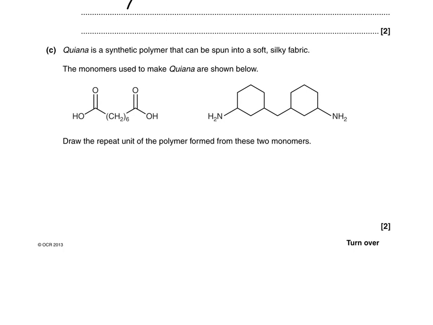Okay, on to the next. Draw the repeat unit of the polymer made from these 2 monomers. So it's going to be a polyamide, and what's going to happen is that these 2 parts are going to react, and then this part here is going to react with this part of a next molecule. So the repeating part